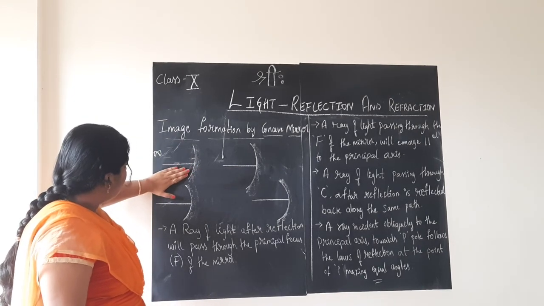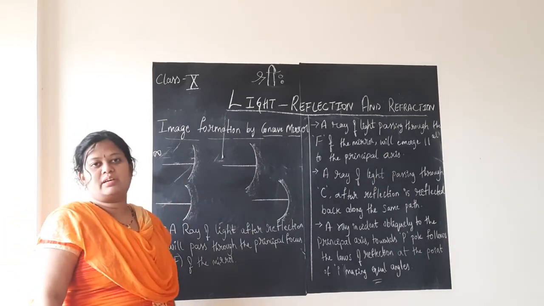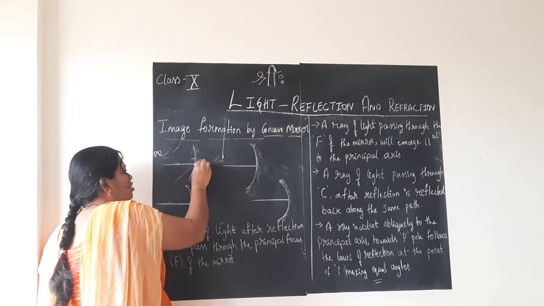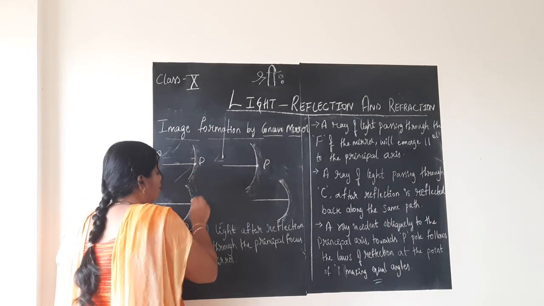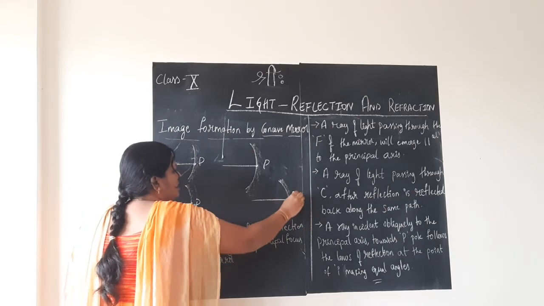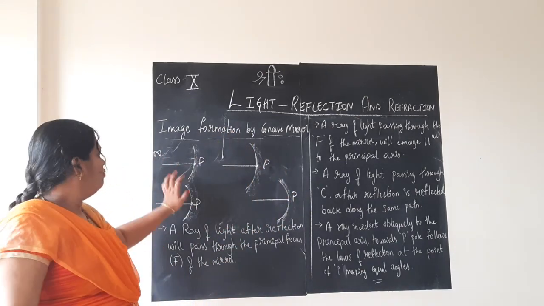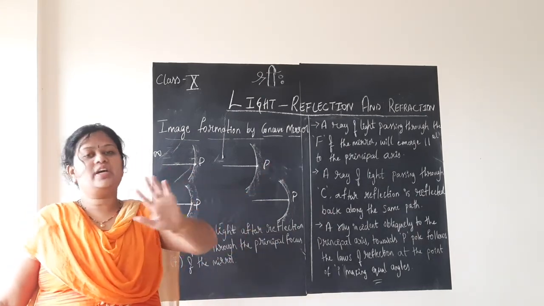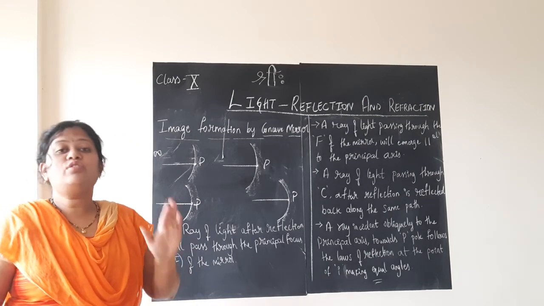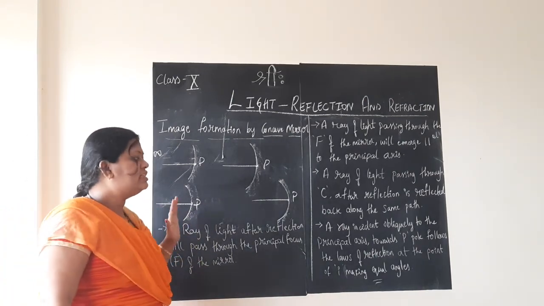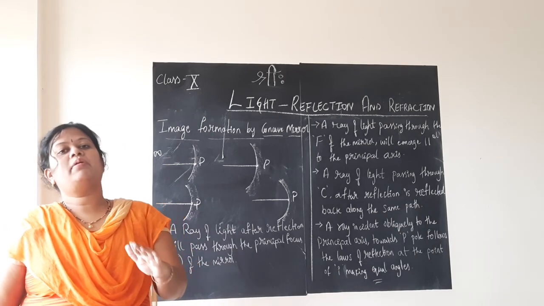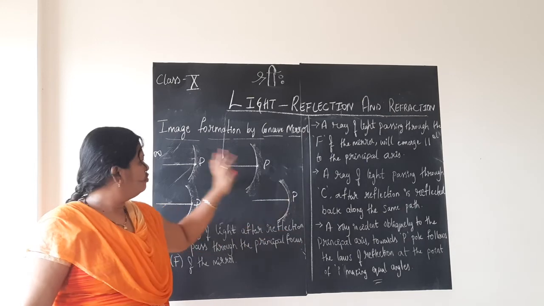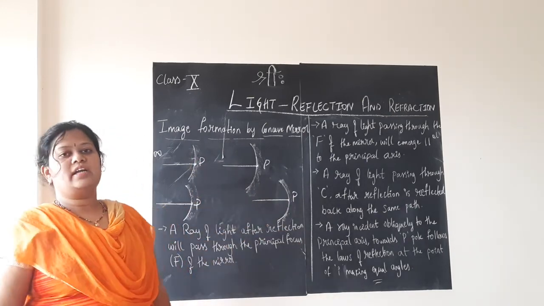But after that we studied a few basic terms or definitions about the parts of the mirror. What are they? The center of the mirror is called the pole of the mirror, represented by capital letter P. I am going to show you four ray diagrams to learn a few basic concepts. I will explain them. After that only you will be able to draw the ray diagram. These are the basic points you will have to remember in order to draw the ray diagram, children. So I have chosen four points, and for all four I will show different pictures to you.